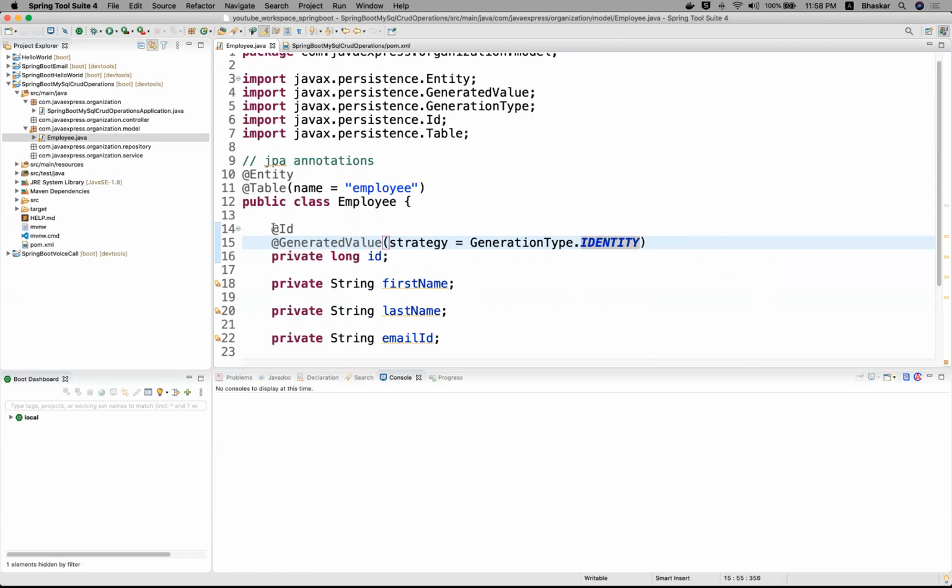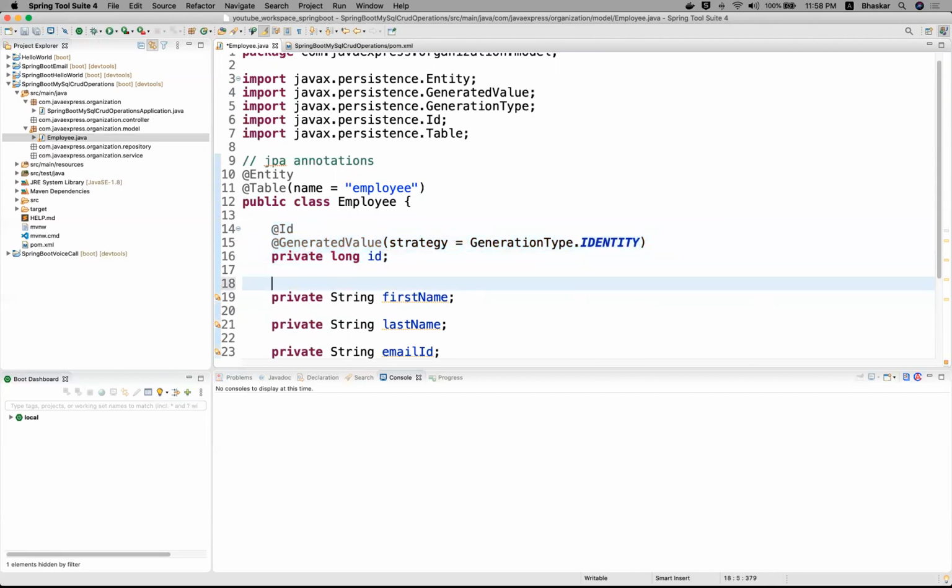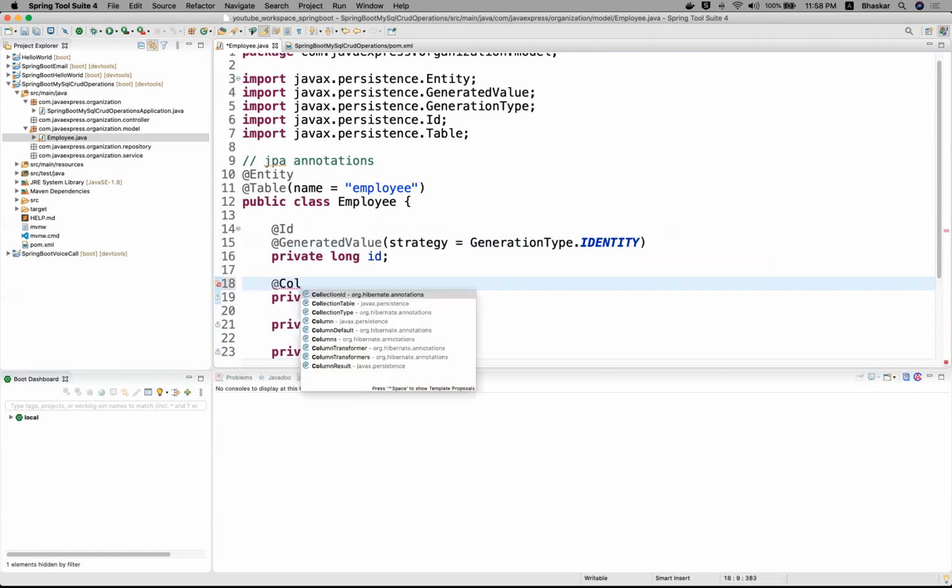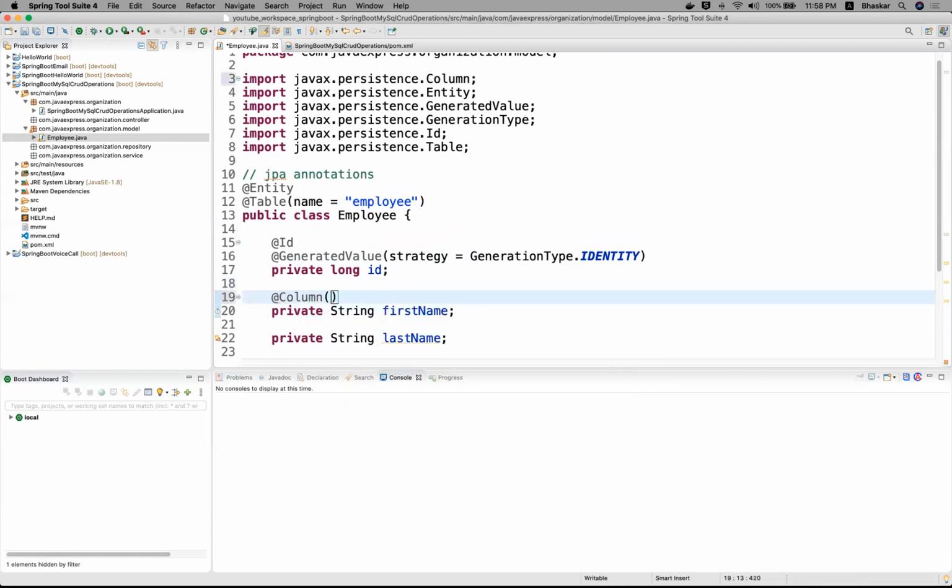Now for my requirement, I want to generate my id dynamically, so I given this as our primary key. Now try to see, guys. First name, I want to provide my first name as a different column. Now try to see, at the rate Column, you can provide name equal to first name.